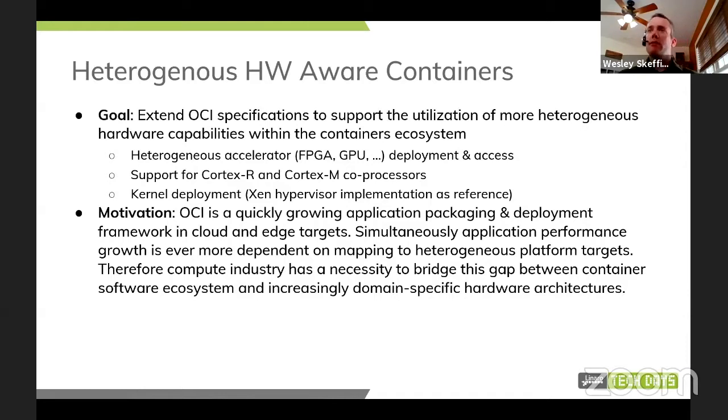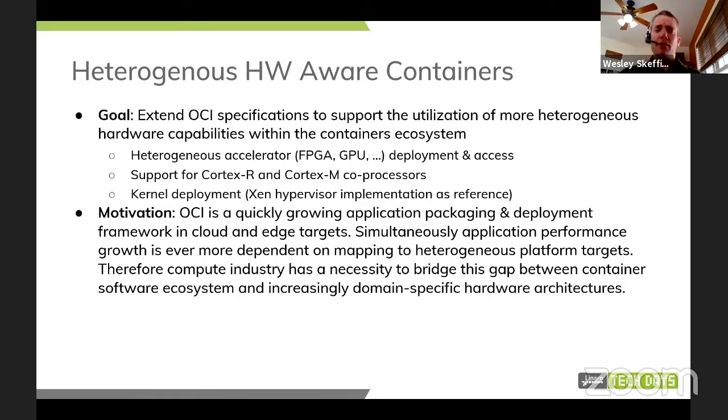And that includes things like the asymmetric multi-core processing that many of us implement in Cortex-R and Cortex-M coprocessors that sit next to your application processors. And then lastly, overall kernel deployment. We'll talk about this as a thing called RunX, where we're standing up containers as isolated using Xen hypervisor as a reference implementation. And of course, that can be extended to other hypervisors.